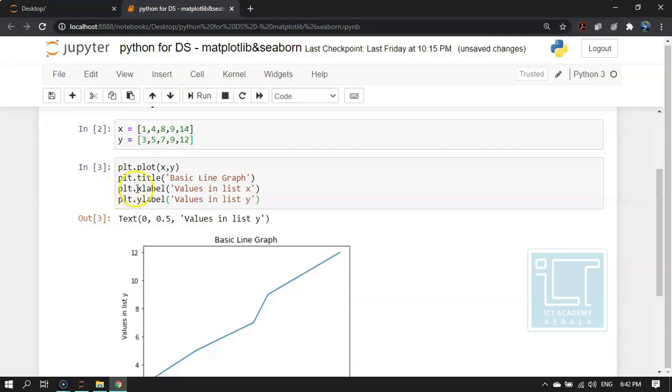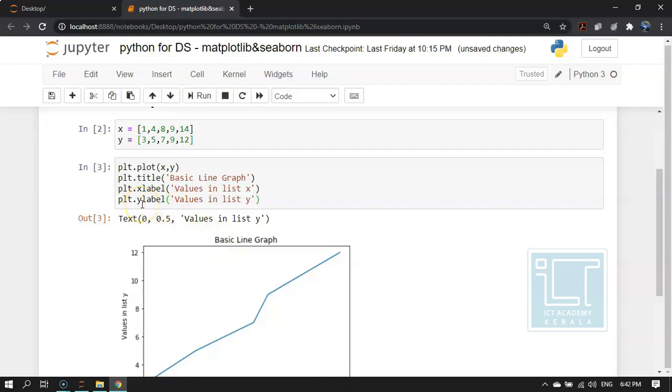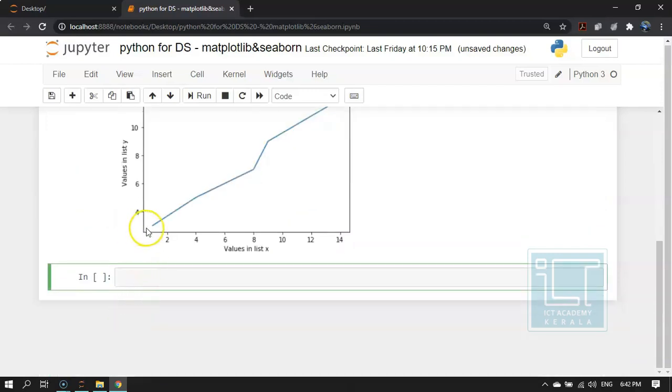Next we are giving a label for the x-axis, what is there on the x-axis. So we have given that the x-axis is the values in list X. So it has come here, values in list X. And then we have given the y label as values in list Y. It has come here. So you can see the basic line graph is plotted.